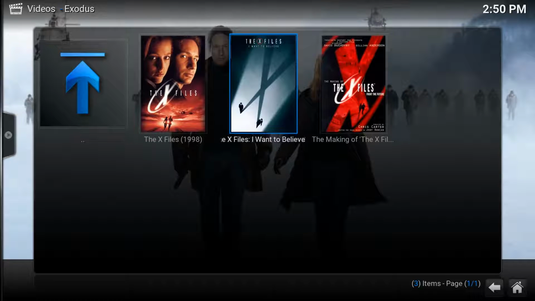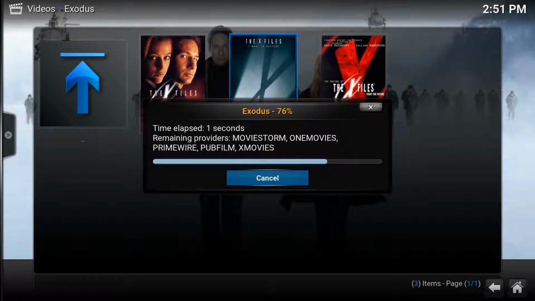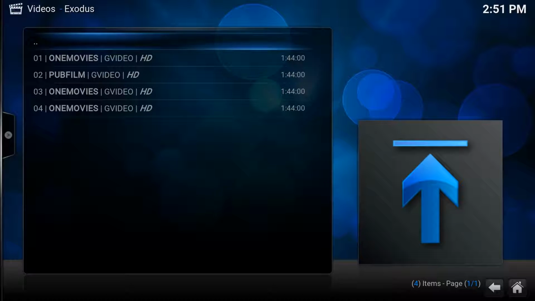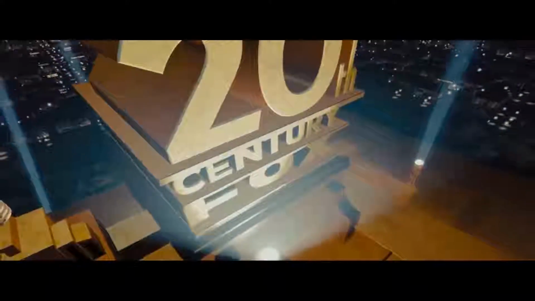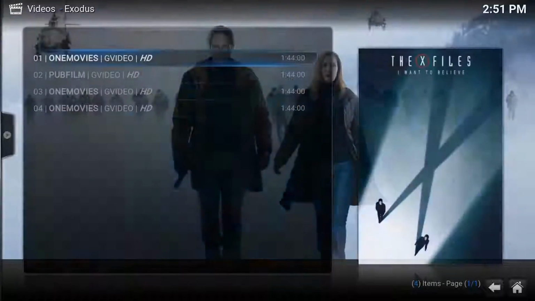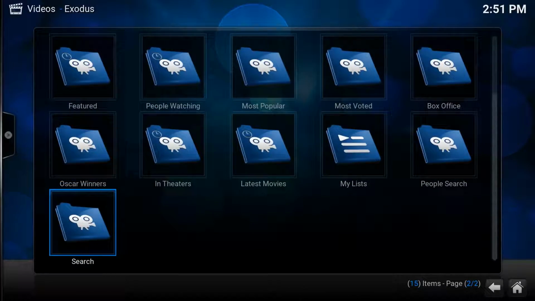If I was to launch one, which is the most modern, 2008. Come on, just show me the year. How big is that title? Okay then. What it's doing now is searching the whole internet and finding loads of different versions of this movie. Because it's obviously a little bit obscure, it's found these. However, if I was to load it up, boom, there we go. As you can see, it always finds your stuff. Like I said, you'd have to have some pretty obscure choices of film taste or TV shows to not be able to find it on here.